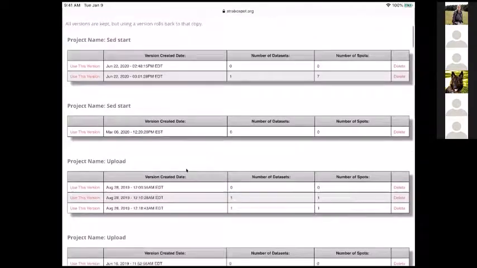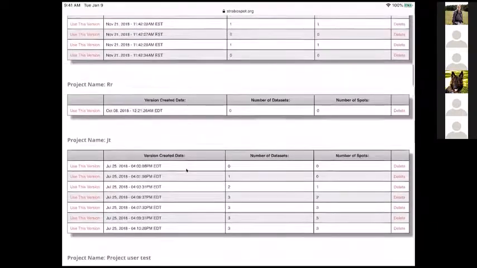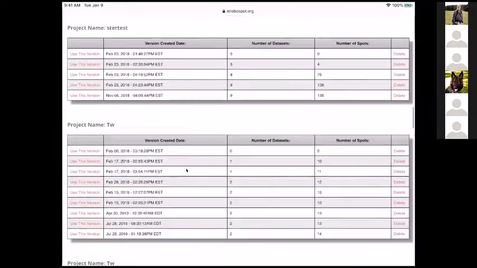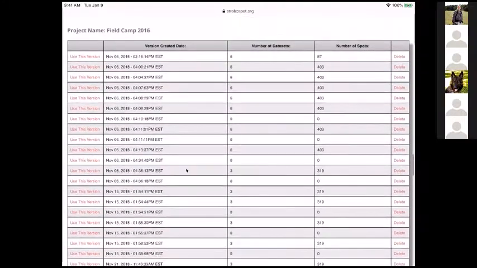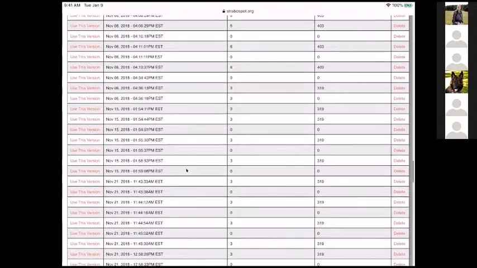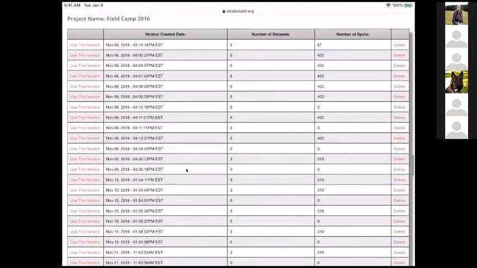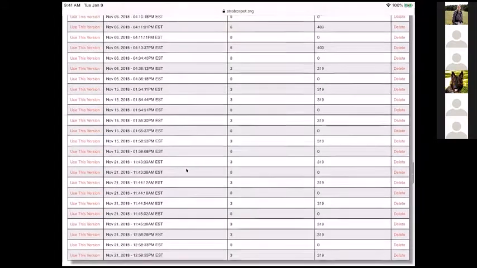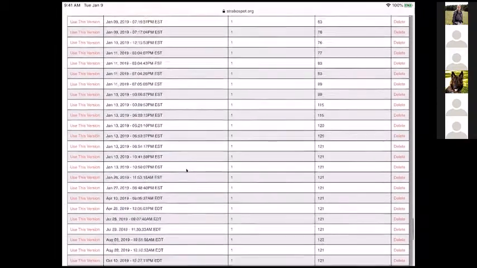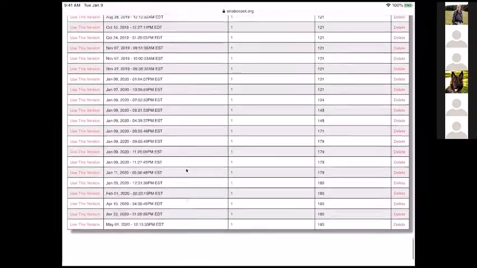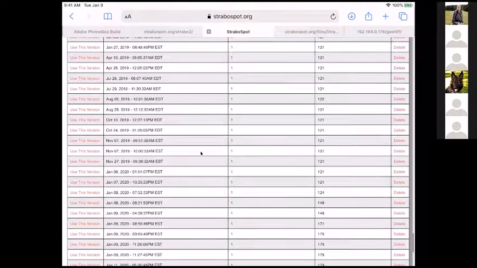What you see here is that every project I have has multiple versions associated with it. These are backup versions. Now I'm getting down to an old field camp file. What do I have here? I have a whole lot of different versions on here. These were all preserved at different dates, and this is going back to that project I've been working on for years. If I decide that I really want to see what it looked like in April of 2019, I could actually restore that snapshot of the database back.